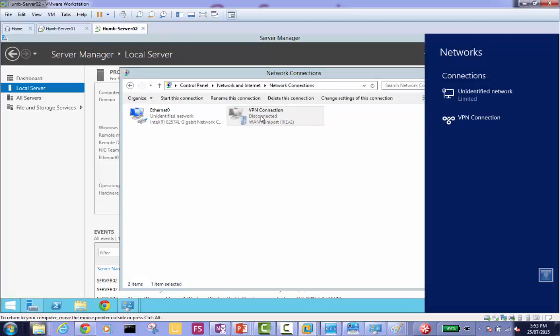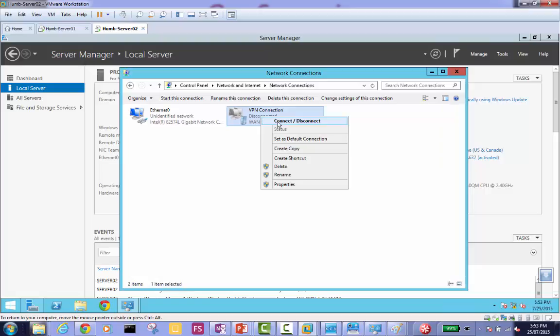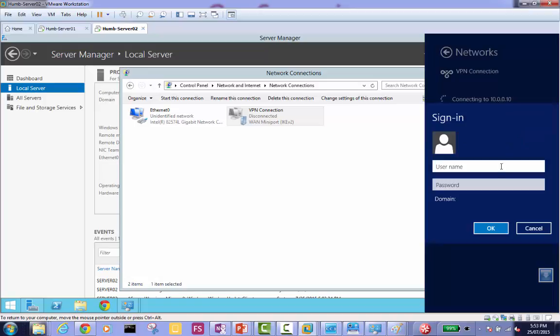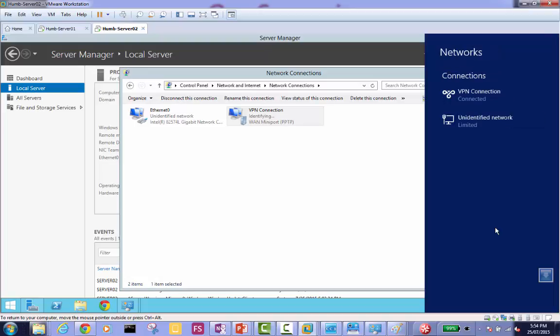Let's connect now. Double click or right click and connect. When you go for the password, just give your most secured one, so your domain name/administrator and the password. In our case, the domain name is my domain/admin1. Don't just blindly copy me. If you have admin1, go for admin1. Mine is administrator. So let's be sharp. In my case it's administrator, in your case maybe it's admin1. So just go for that. Alright. Press OK. Connected.